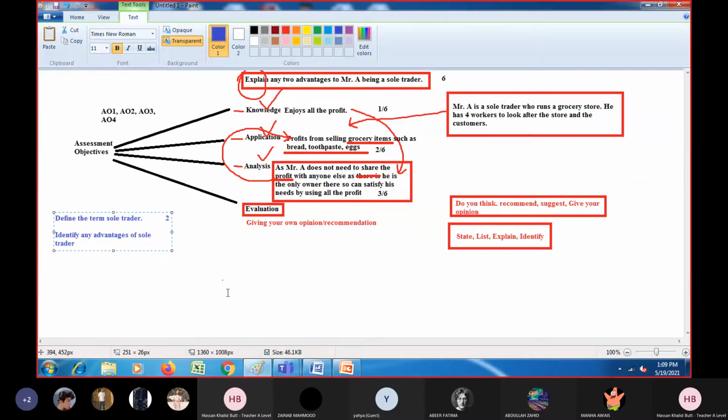Again, it will be of not more than 2 marks, right? And what is the reason? Again, there are command words. Now you can see that the word define is there. This is a command word. Here you just have to define the term. That is it. No application, no development.